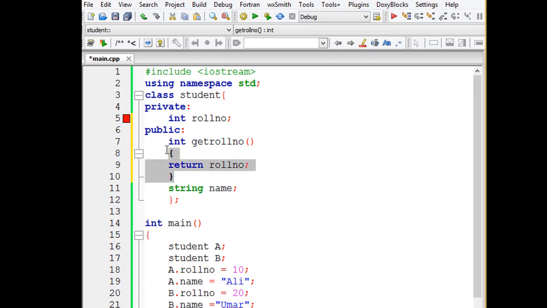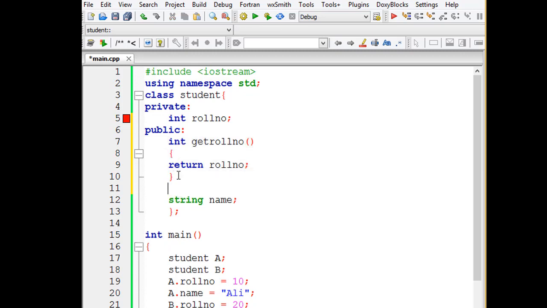What this function will do is simply return the roll number that we will pass through another function, that is the setter function. So let's define the setter function. That would be void. It's void because it will only set the roll number value; it will never return a value.